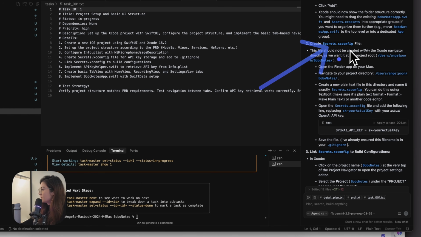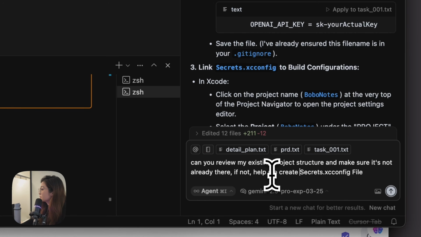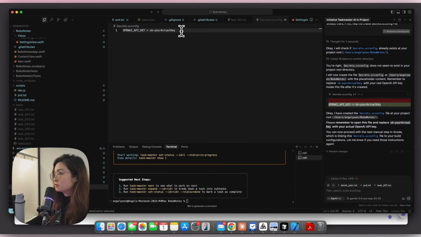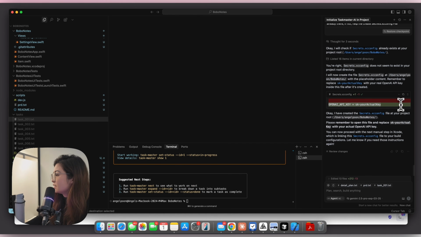It's asking me to create the Secrets.xcconfig file. I'm going to ask it to do that for me. Now you can replace this with your key. You just need to paste the OpenAI key, which I'll do, and you should do the same thing too. And this should be part of .gitignore. Now that I've added this,